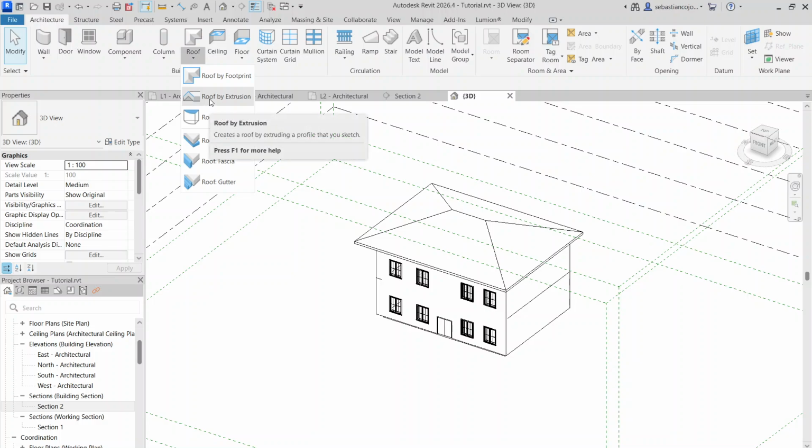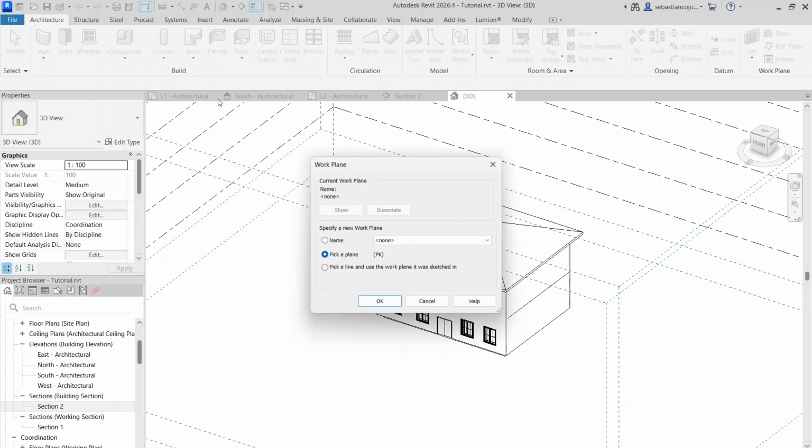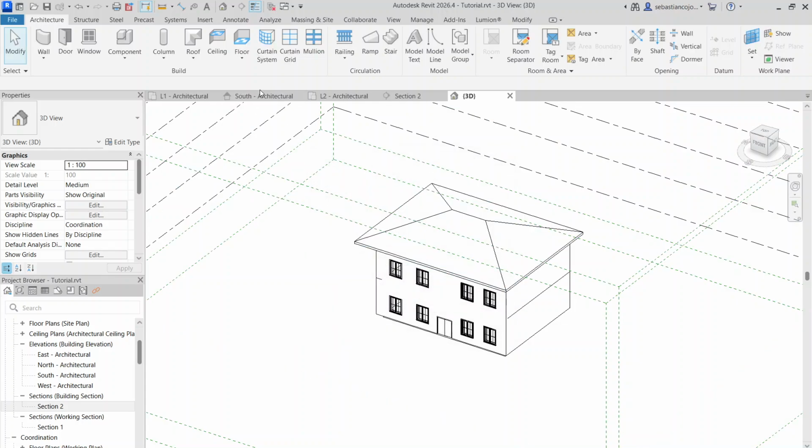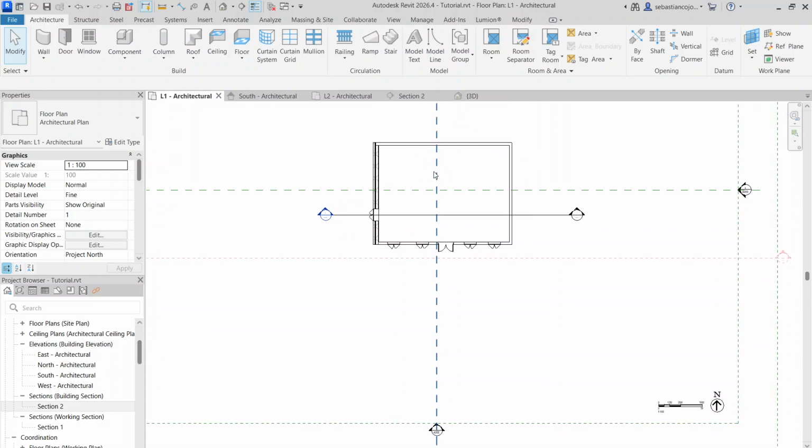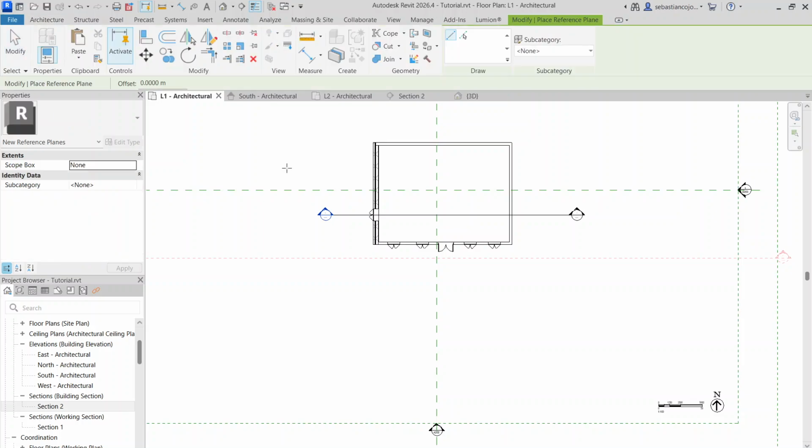You have also roof by extrusion, but in this case you need to pick a plane or to specify a work plane. Yeah, we have to create one, so I guess I'll go here, and to create a reference plane I'll write RP, and now I can draw some sort of axis,